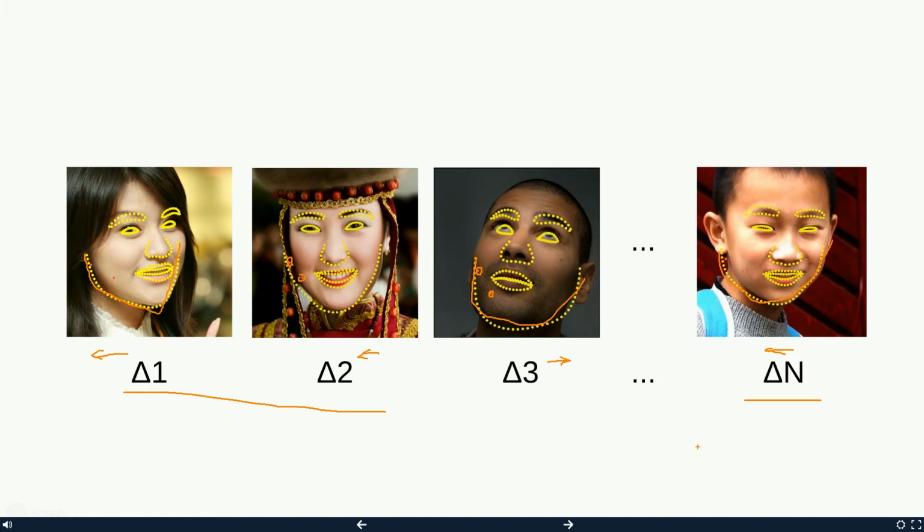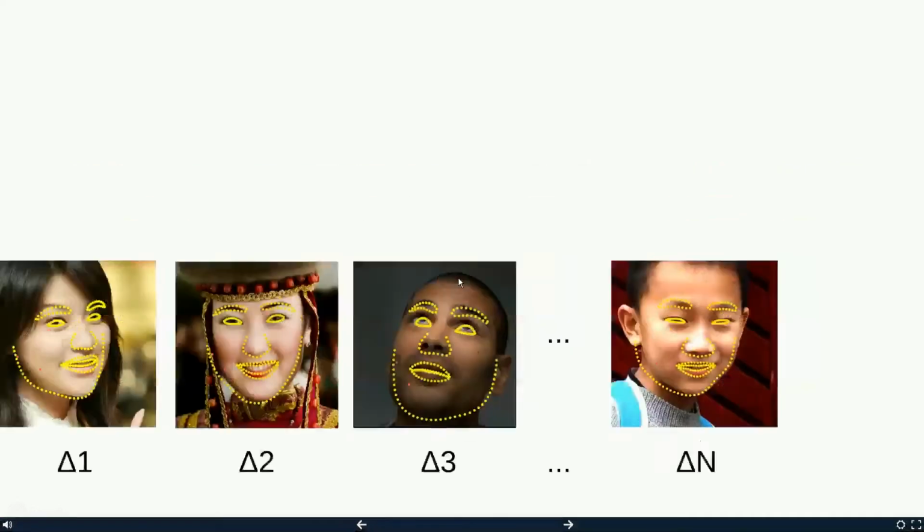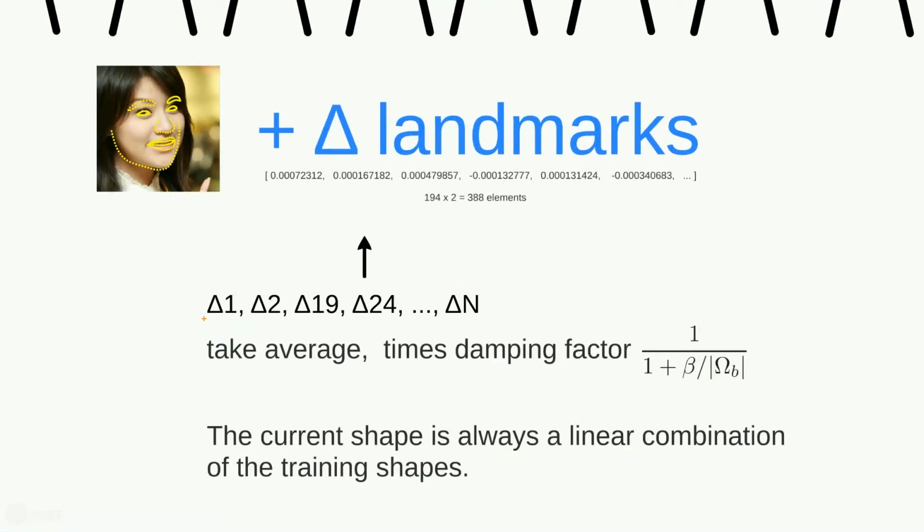Now suppose we have maybe 2,000 images. They're not only just these images, but let's say image number 19, image number 24, and so on are also classified into this group, meaning that they need the face to be adjusted to the right a little bit. Then we take all these images that are classified into the same group, and we take an average of the deltas. And then we multiply a damping factor, which is smaller than 1, to make the resulting delta value very